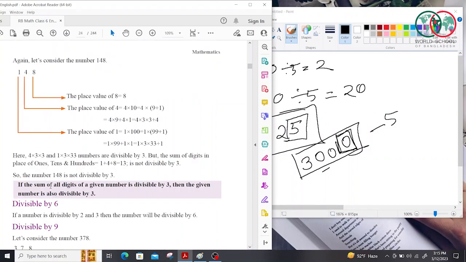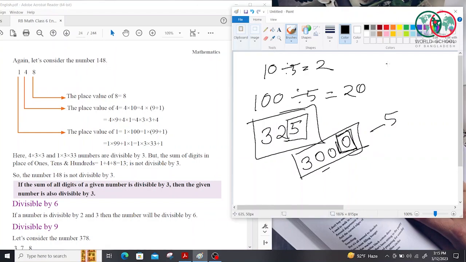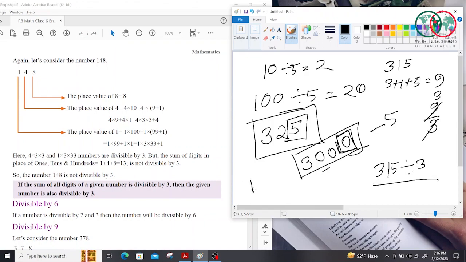So if the sum of all digits of a given number is divisible by 3, then the given number is also divisible by 3. Let's see, suppose we are given 315. So 3 plus 1 plus 5 equals 9. Is 9 divisible by 3? Yeah, obviously, 3 threes are 9. So that means 315 is also divisible by 3. But if we write 1 4, okay, the addition of these 3 digits is 4 plus 1 plus 4 equals to